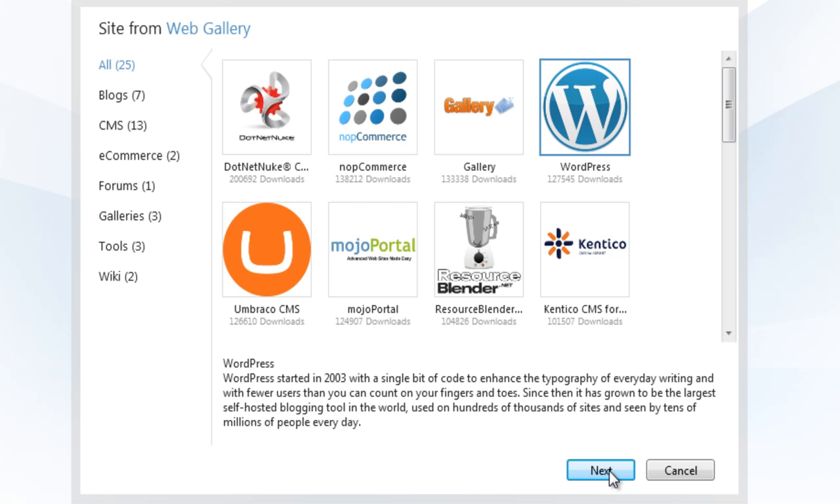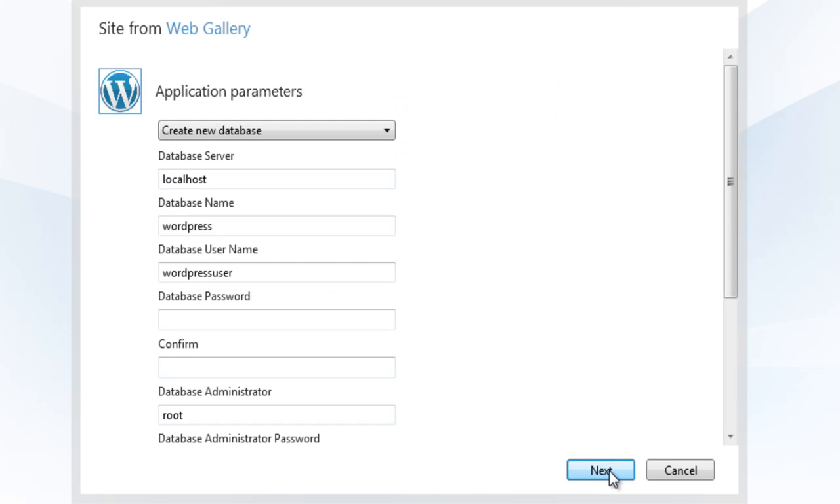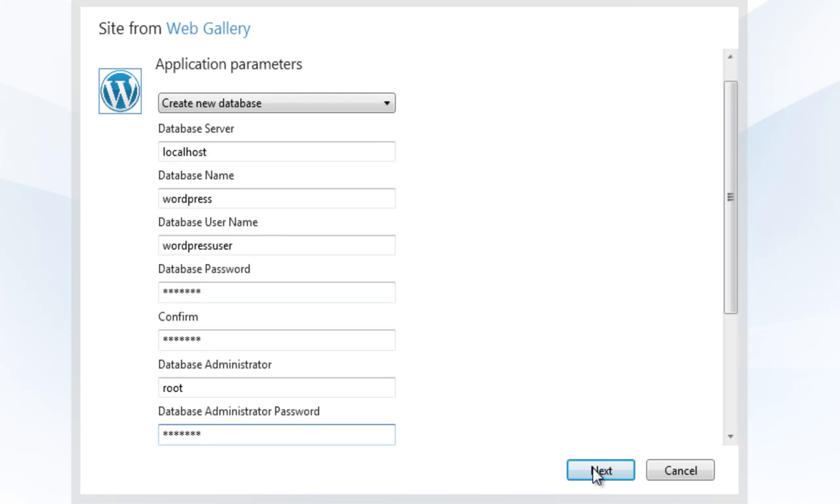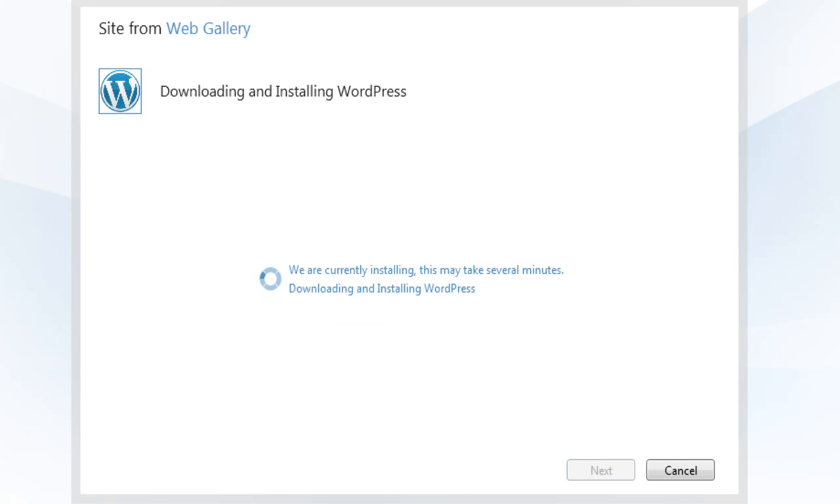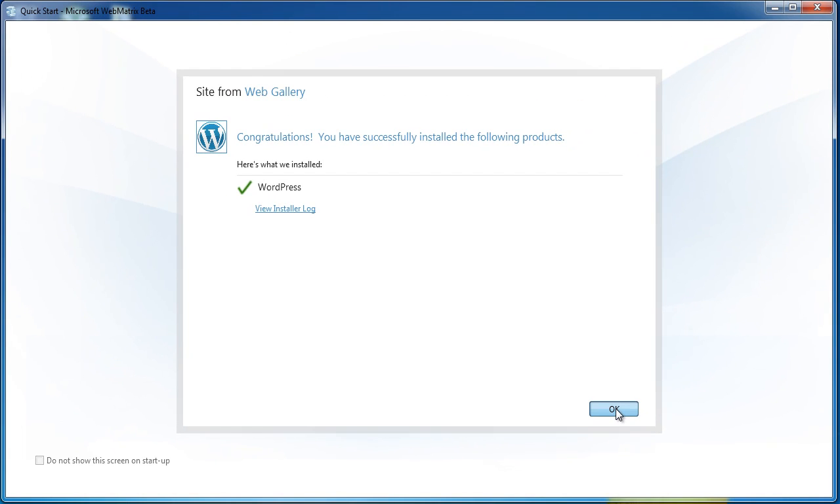Next, and WebMatrix will handle the difficult task of downloading it for you, configuring it, hooking up to your database, figuring out any of your dependencies and installing all of them and configuring them for you. Here I have to just accept the EULA for WordPress, and it's actually downloaded and installed WordPress for me, and now I just have to connect to my WordPress database and I'll be good to go. So here we can see now that WordPress is successfully installed, and if I press OK, I'll be taken to